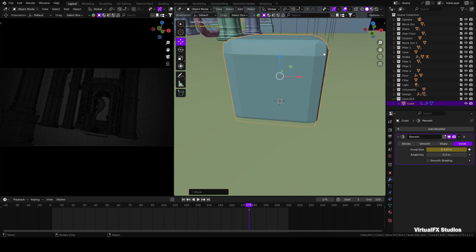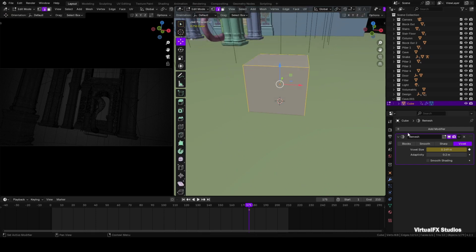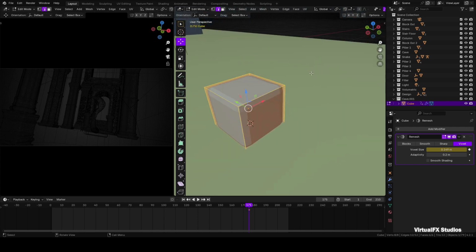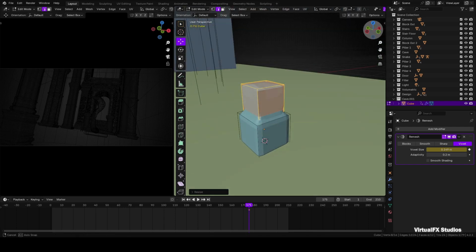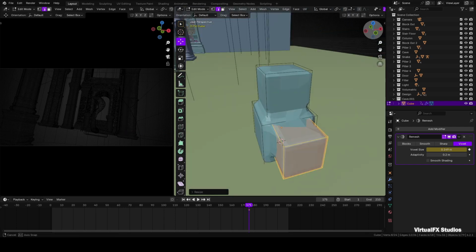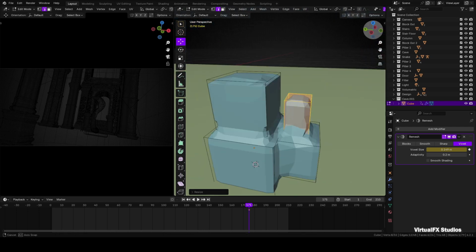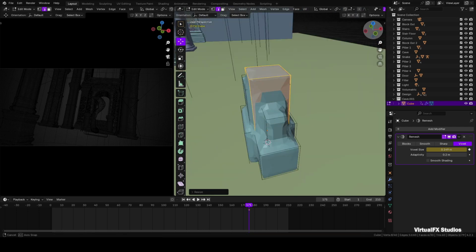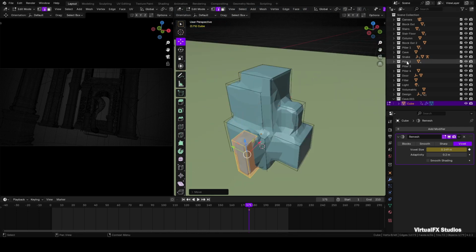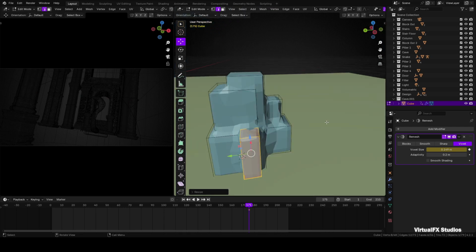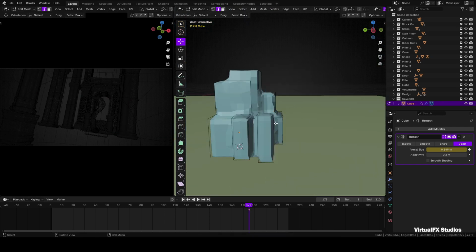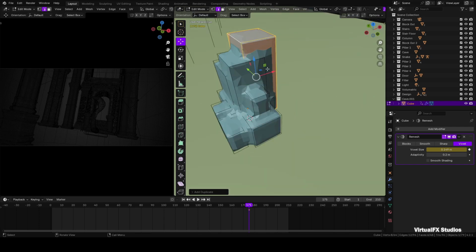Now select the cube and enter edit mode. For the modifier effect to show in edit mode, click on this icon. Now simply duplicate the cube and start placing them together like this. Make some cubes larger in the z-axis and others smaller. Then duplicate and adjust their sizes and positions. This way you will create a design due to the modifier. All the cubes will appear to connect like clay due to the modifier. As you can see, you will need to create many different designs this way.